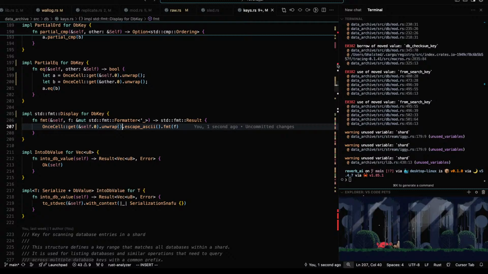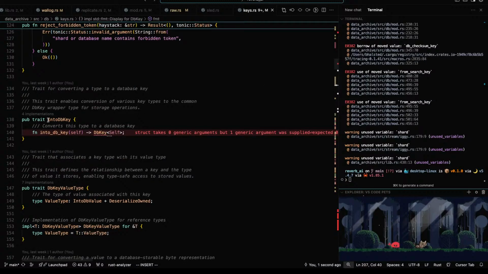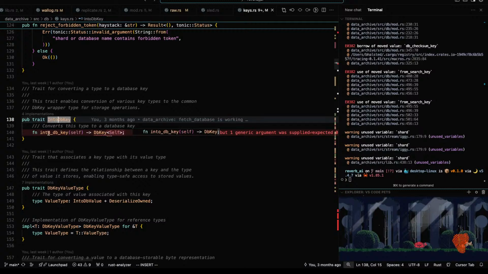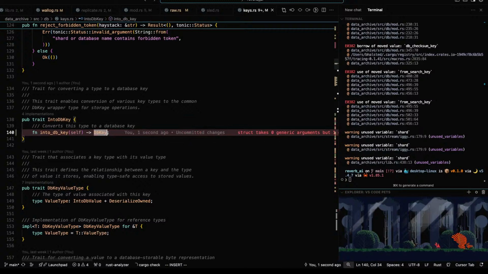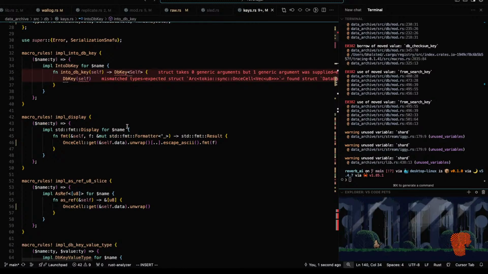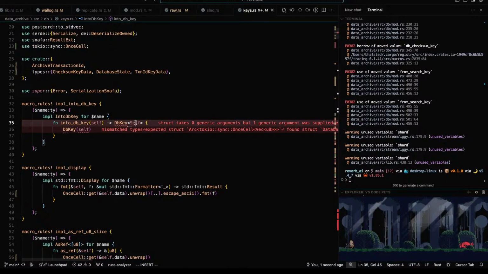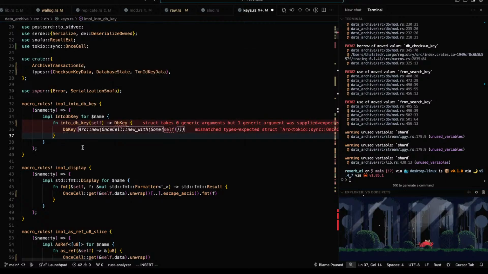Okay. Into DB key. Yeah, so if something implements this, it's not clear what if it returns one of those without the type info. And here we're implementing it on so many things. It's really self.data.